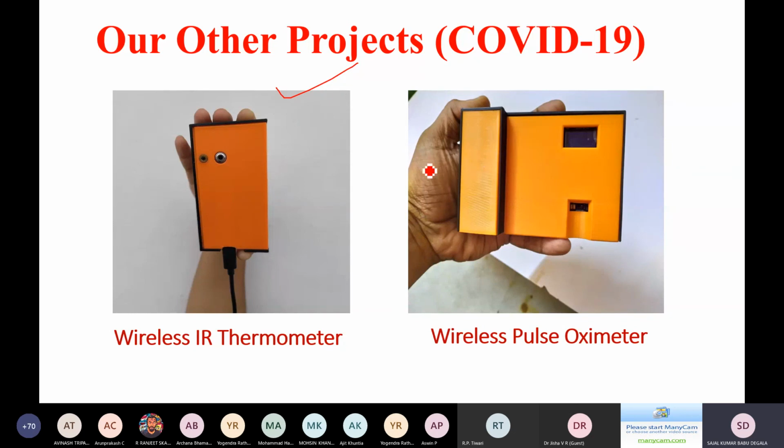And this is the other project which we had developed during the COVID-19, which is a wireless pulse oximeter. So this is a normal pulse oximeter. You are going to place the finger here. After placing the finger here, this is going to measure the pulse oxygen and heartbeat, and then it is going to upload this data to a website or a secured web server, and from there the doctor will log in and he can check your pulse oxygen and